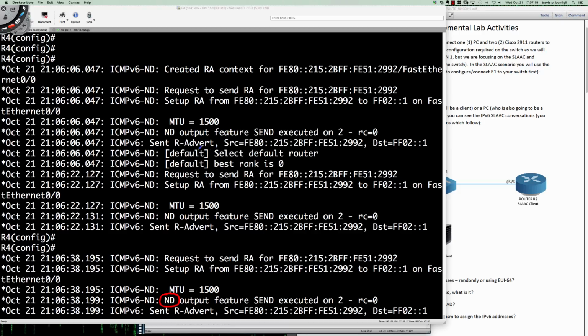So as you can see, start up at the top, the default, so select default router, and it does it based off the rank, and the rank will be either high, low, or medium. And these are how the IPv6 hosts will determine which IPv6 node they're going to look at as to whether or not it's going to be a default route, because there could be multiple nodes that are out there. And you can see request to send router advertisement for, and this is my address, and then set up the router advertisement,